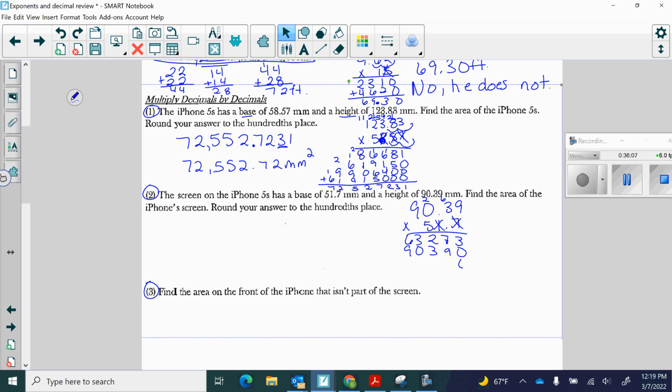Cross that out, 2 placeholders. 5 times 9 is 45. 5 times 3 is 15 plus 4 is 19. 5 times 0 is 0 plus 1 is 1. 5 times 9 is 45. Add that all together, and you get 4673063. There are 3 numbers after the decimals in the problem, so there should be 3 numbers after the decimal